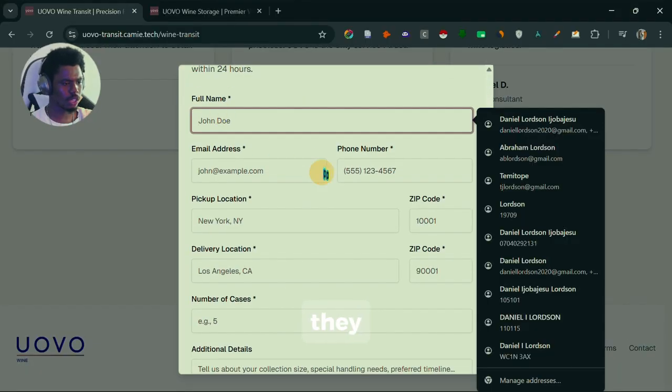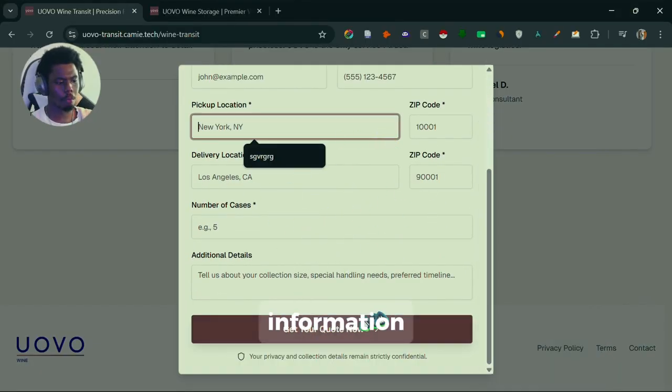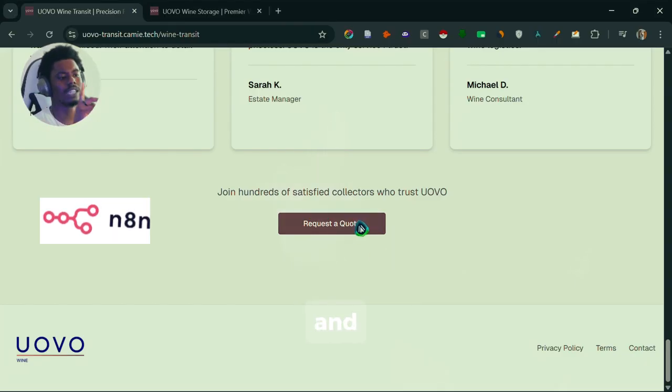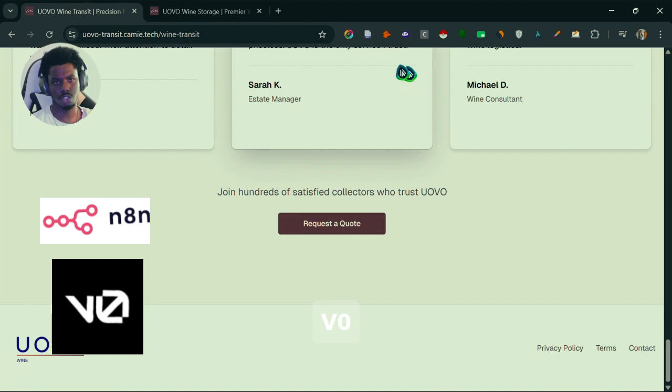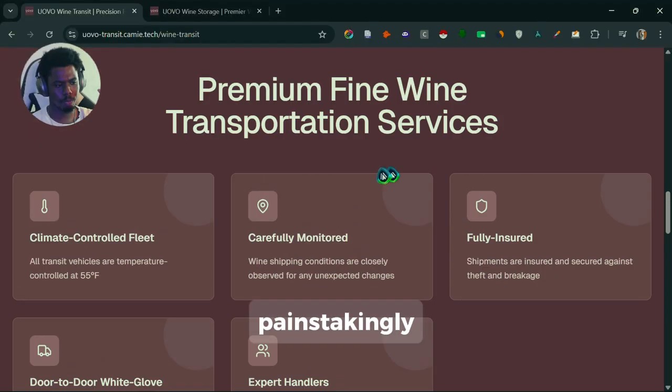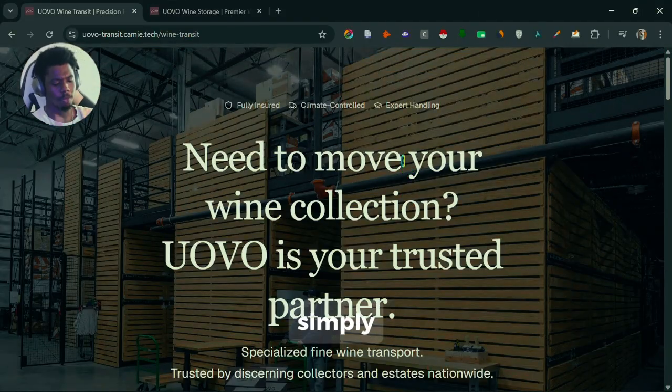The buttons, right? So they simply fill out this form, they collect all the information they need. Once they click on this button, they're alerted and the information is also stored in their CRM. We set up all these automations using N8N and we built the landing page on a platform called V0. And that is how we're actually able to launch it in 24 hours, right? Instead of painstakingly building out the entire website ourselves, we simply prompt V0,